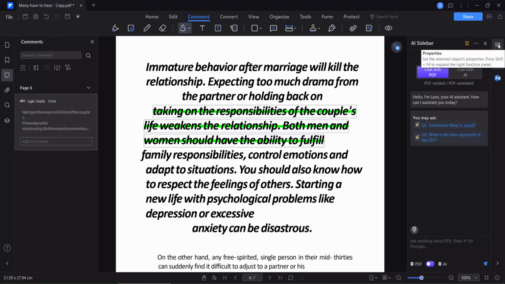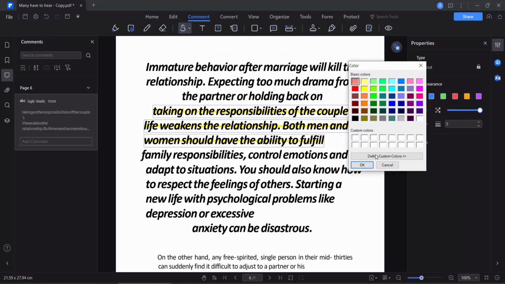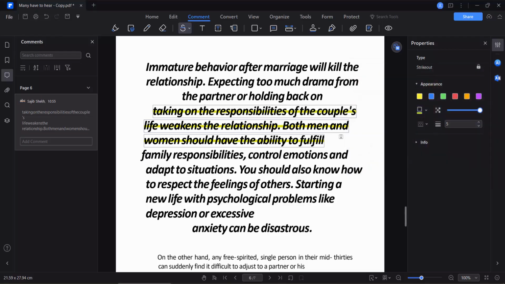Now click on this Properties icon on the right sidebar, and here you will find this default yellow color. Also you can click on this color option and you can add a color pen and this More Color option, and this custom color, and here you can add your desired color, yellow color on this one, and see this, and this color opacity,